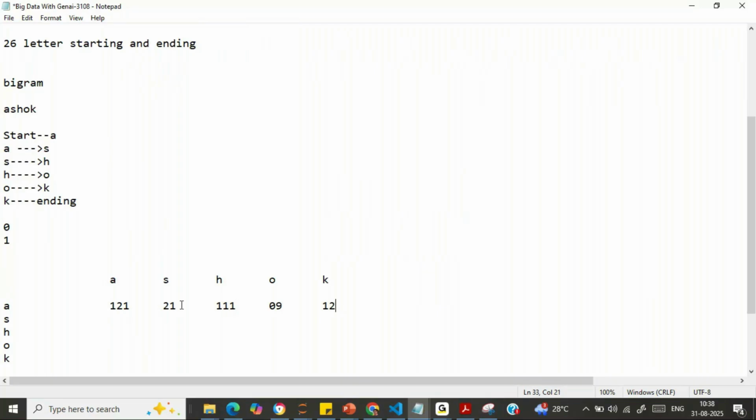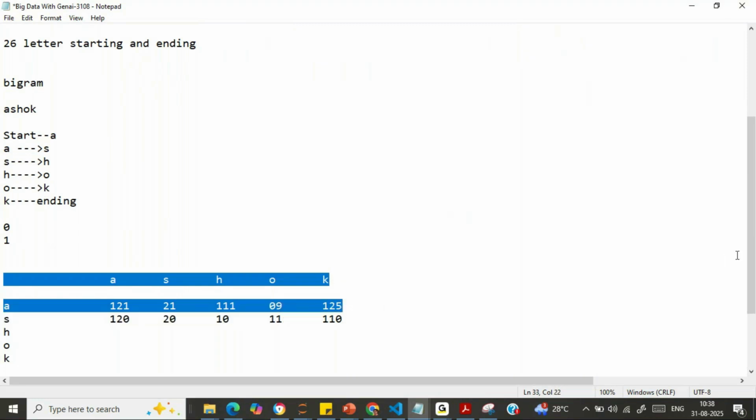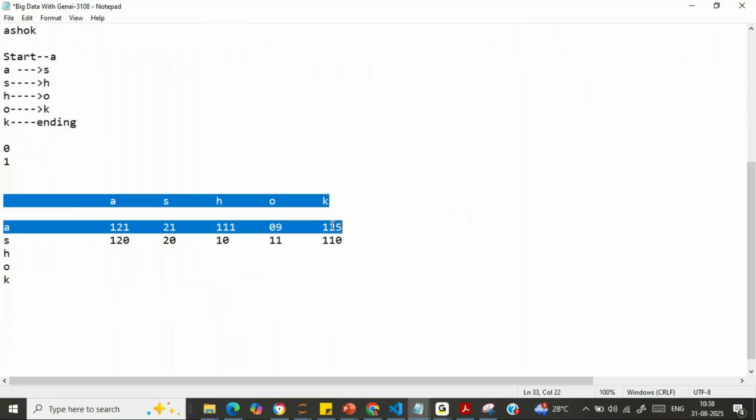Okay, 1 2 4 5, in this particular way we are having these particular counts. So previously we have taken this particular row, and we have done the calculation, and